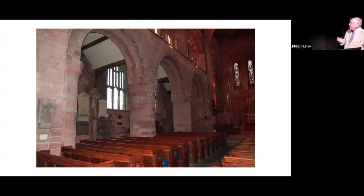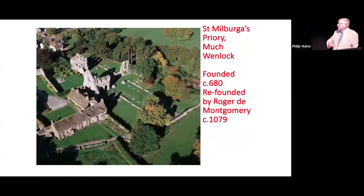There's the inside of the Abbey, and you can see that the Abbey is built on a sort of formidable basis with the tower, with the columns there, very similar, presumably, to the structure of the castle, which was being built roughly at the same time. Roger also refounded the Priory at Much Wenlock, and